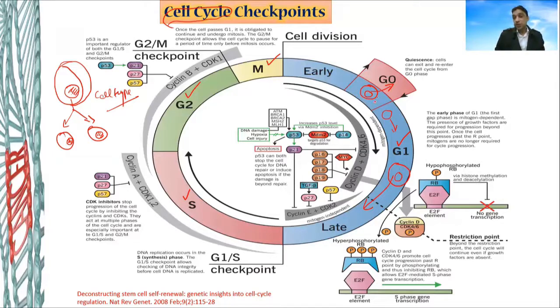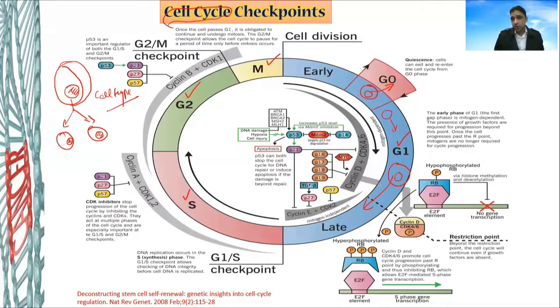But once the cell receives enough signals, which I will be explaining, it commits to proceed for cell division. Certain molecular mechanisms go on behind this during the G1 phase. There is an early G1 phase when the cell is just growing, and then a late G1 state when certain molecular signals push the cell slowly to commit to cell division. I'm going to share some of them.